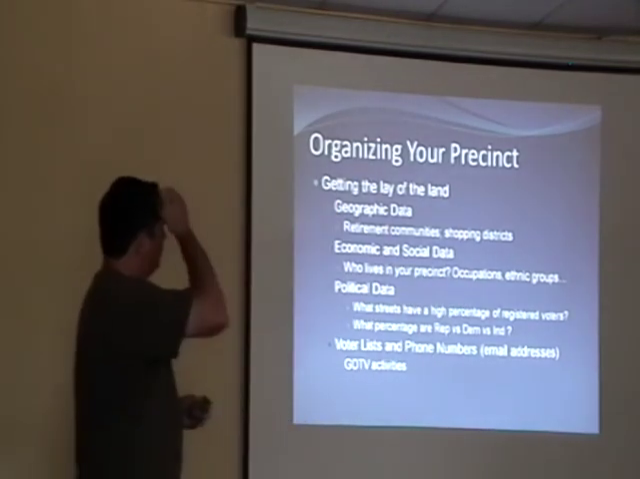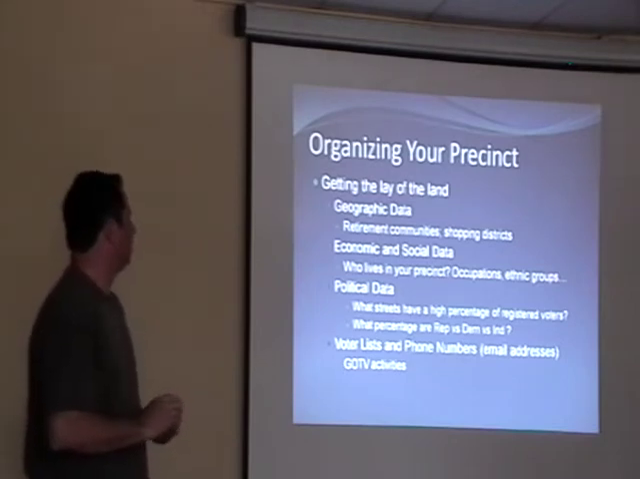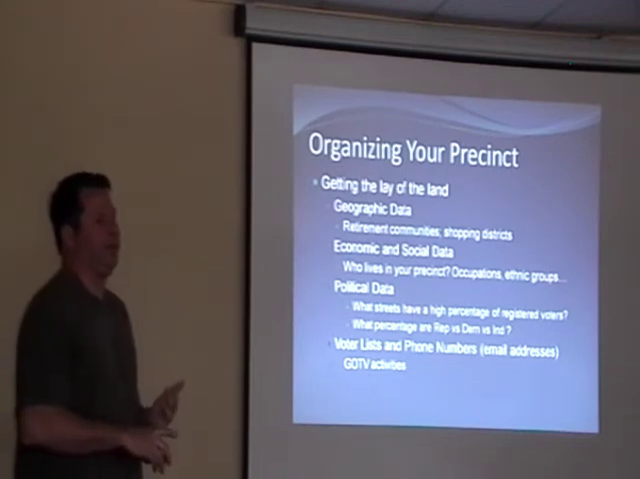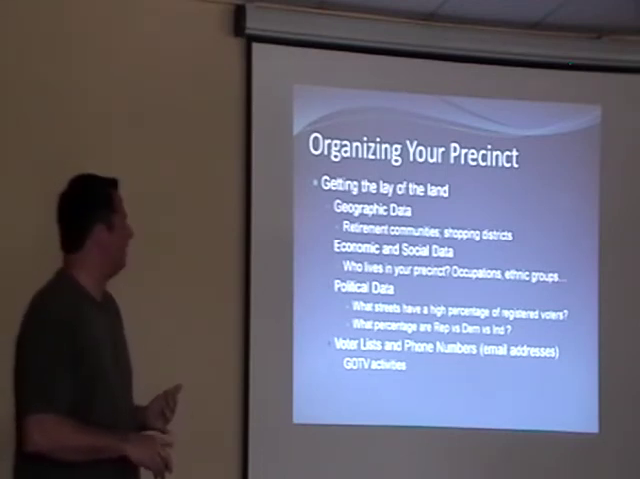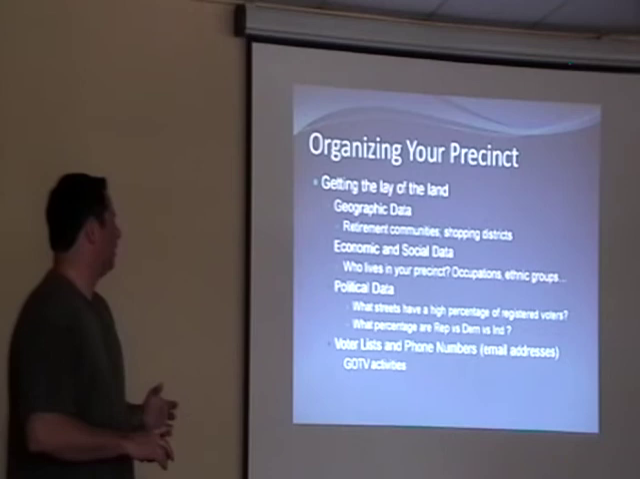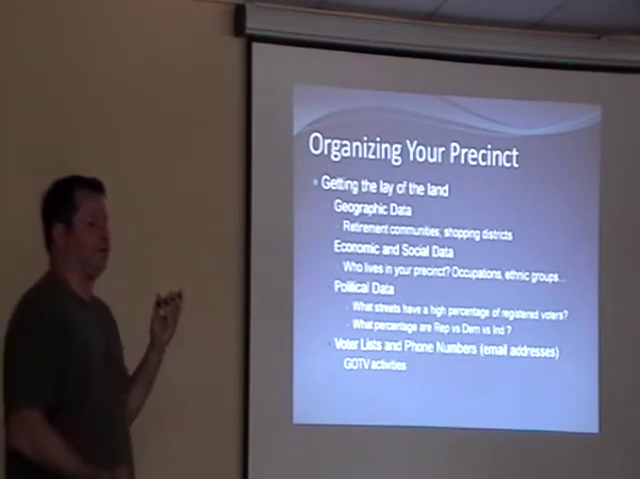Okay, so organizing your precinct. And this is going back to the Republican book: getting a lay of the land, knowing the geographic data, the retirement communities, people that might want absentee ballots, helping them out with that. Shopping districts where you can pass out literature, kind of knowing the area of the precinct. The economic and social data, who lives in your precincts, upper class, ethnic groups, trying to understand that slice of data. And then the political data is, what streets have the highest percentage of registered voters, how do they vote, is it 60% Republican, 60% Democrat,